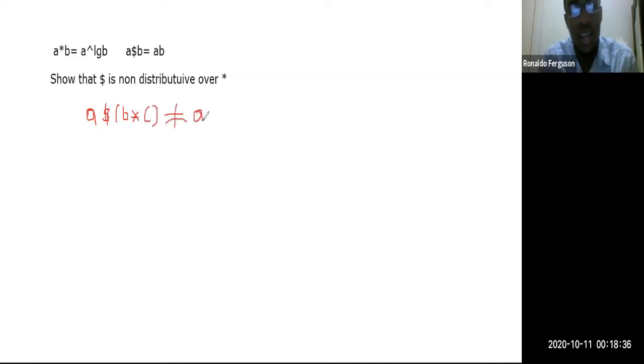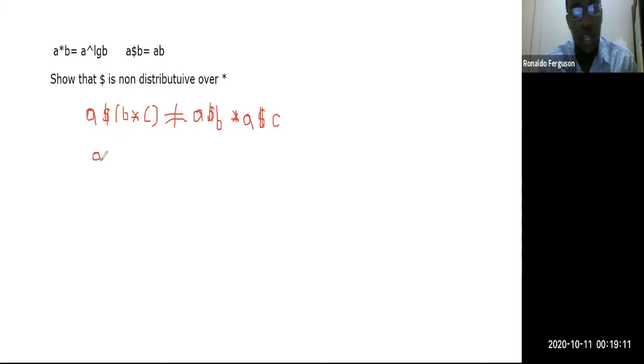A dollar sign B star A dollar sign C. So we're going to have to show that A dollar sign B star C is not equal to A dollar sign B star A dollar sign C. That's what we're going to have to show, that it's non-distributive. So let's do that. To start with the left hand side, B star C, this part would work